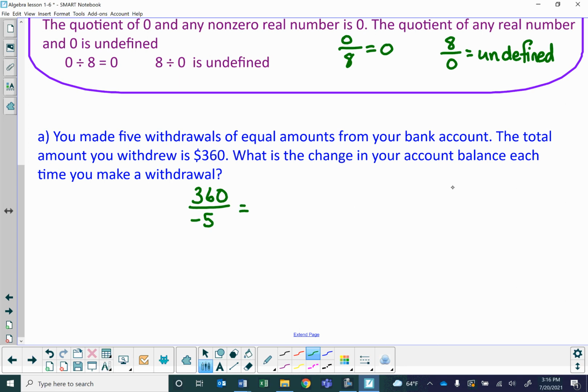If you don't have a calculator handy, or you just want to do this by hand, 7 times 5 is 35. So $72. You're taking out $72. Your account is going down by $72 each time you make a withdrawal. So the change is